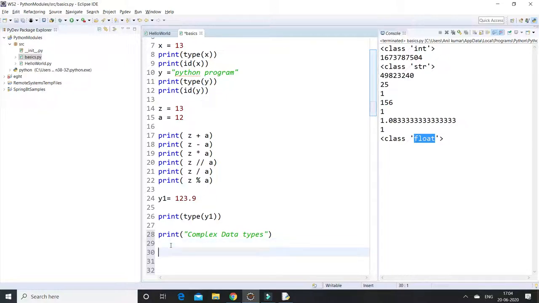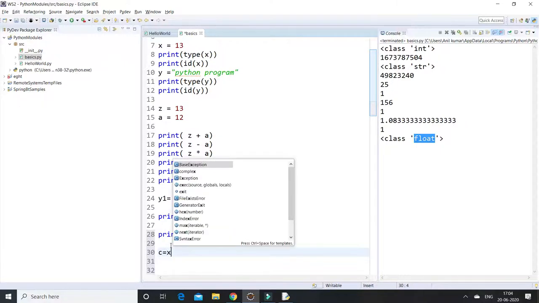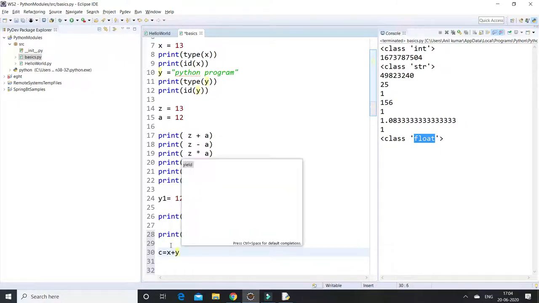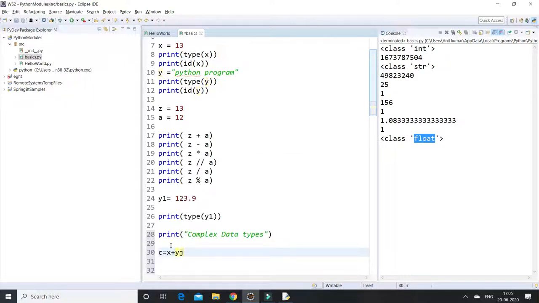Let's consider I am going to create a variable as c equal to x plus yj. This is the way we can declare complex data types in Python.